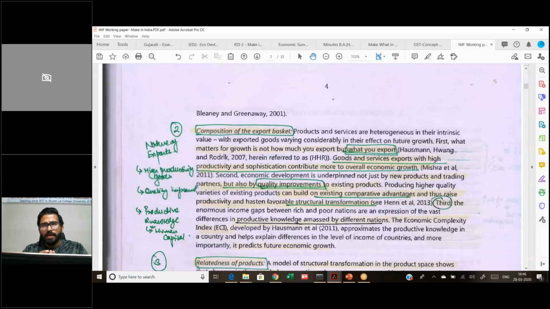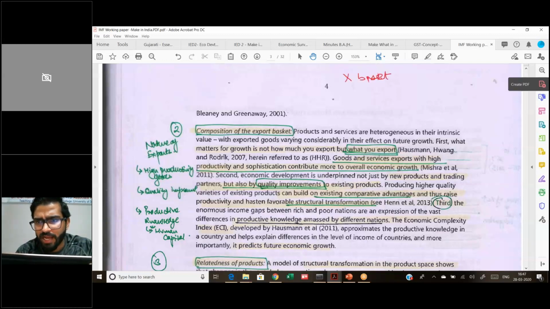So some kind of uniqueness that you can provide in your commodity. The more unique and sophisticated products you can contribute in your export basket, the faster will be your growth. And not only will you need to include new commodities, you also need to constantly improve on your existing commodities. So in a sense, this will talk about how the export basket is actually linked to economic growth, but